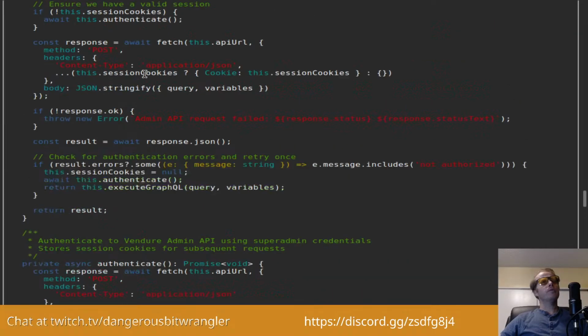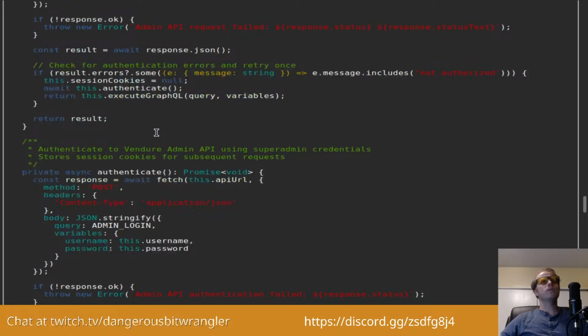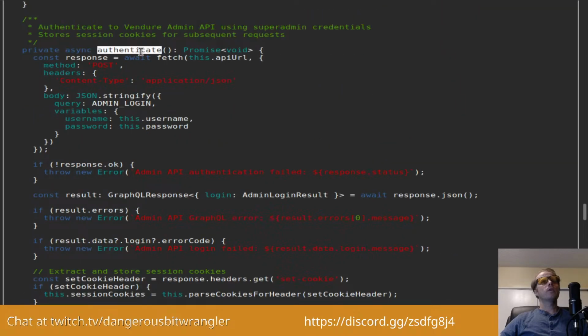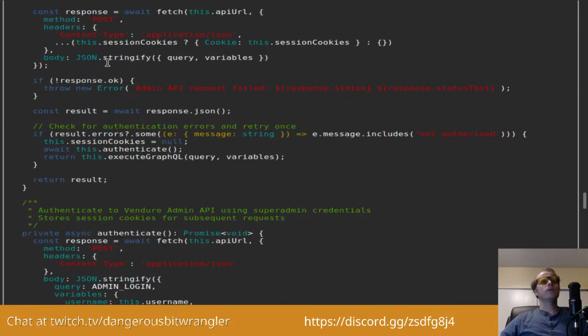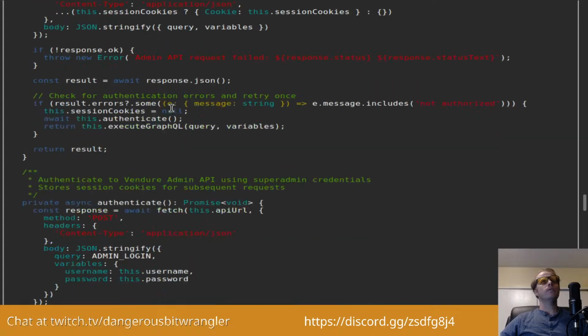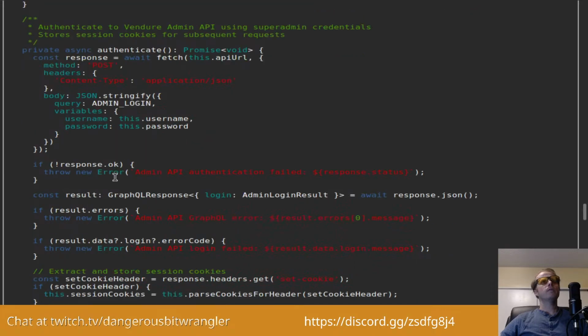Let me see what it's doing for cookies. Let's see here. Okay, so it's just going to pass the existing cookies. Is it going to parse them, or is it going to just authenticate? I don't like this pattern at all. So right here it's doing the queries. Right here it's doing, I guess it has to use this unique fetch to,